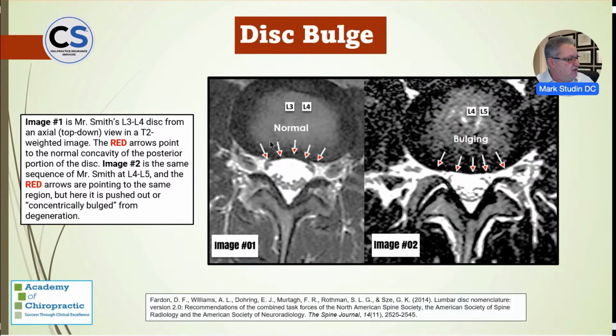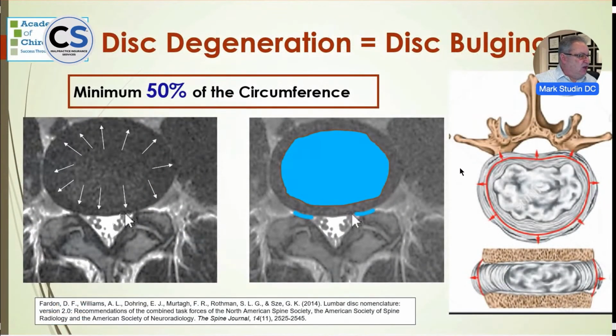So we just discussed this. The red arrow points to where it bulged from going concave to convex. Now, when we look at a disc degeneration, which again is a minimum, degenerative disc is a disc bulge, synonymous. So when there's degeneration, it's a minimum of 50% of the circumference. And when you look at it, typically, the hallmark is you look right here, the neural canals, here and here. Equally, they're usually closed in.